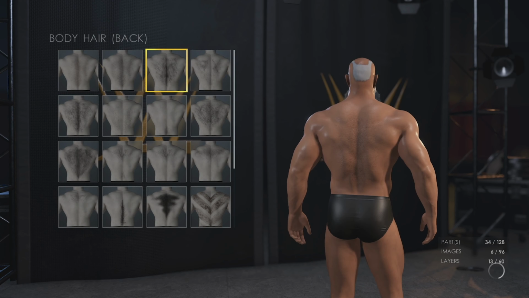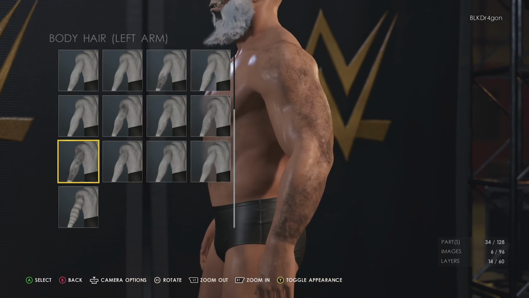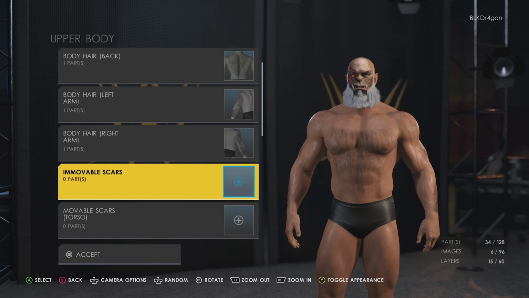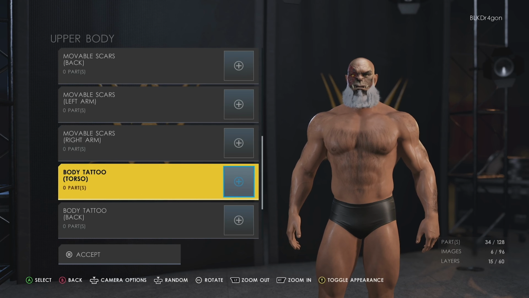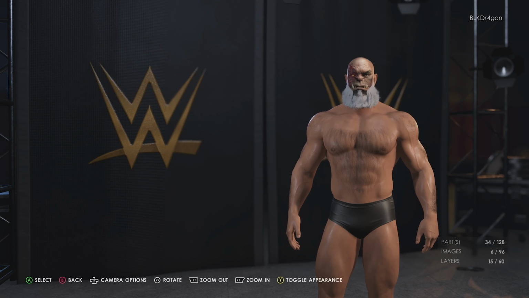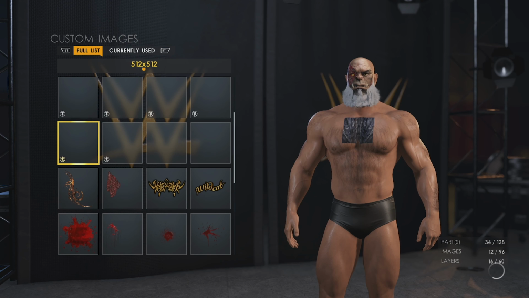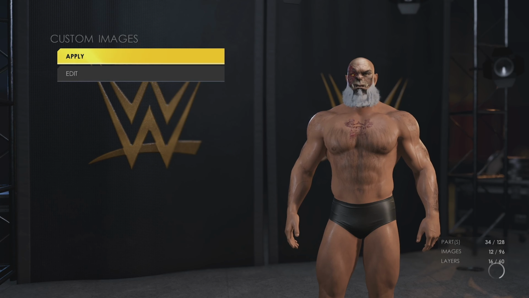Now I am going for the hair, even though some of this will be covered up at different stages. So put the hair on the chest, the back, the arms. We will put it on the legs as well. Alright, now I've got this little tattoo that I'm putting on his shoulder here, which I've kind of used as